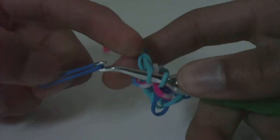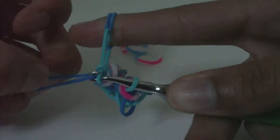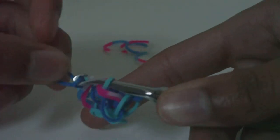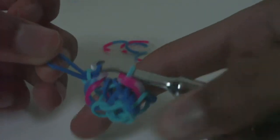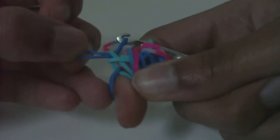Alright, there we go. So we just slide this first loop here onto the A color rubber band. And this first loop should be a C color rubber band. So there we go. We should have something like this. It's probably a lot easier to do if this A color rubber band is attached to a clip, but